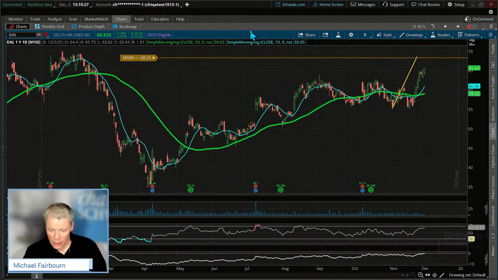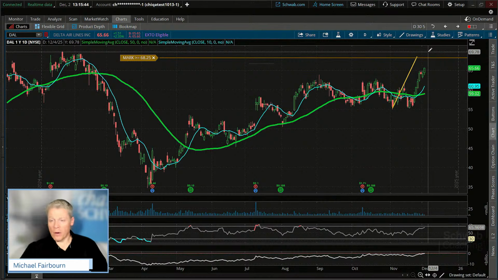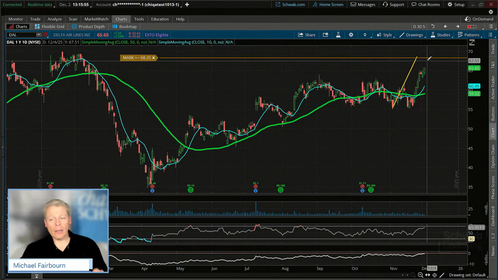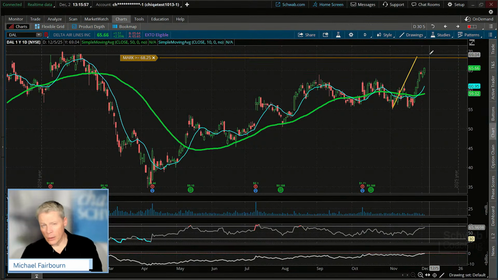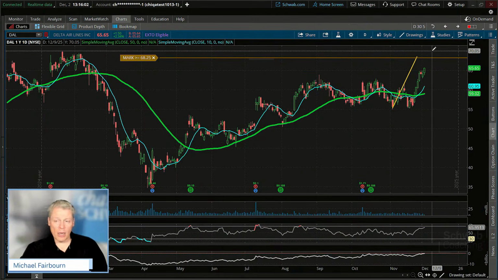J Taylor says, would you set an order to take profits at previous highs or just an alert? Oh, so you could do either one. Yeah, that's right, JT. A lot of times in this class, here's the thing that can happen sometimes. You might get this really massive bar that breaks through very quickly, and it might even be a little bit higher. So instead of taking profits right at that level, you can get the alert and look at it and then decide to close it. So that's just a secondary approach to consider. But I do like your point.